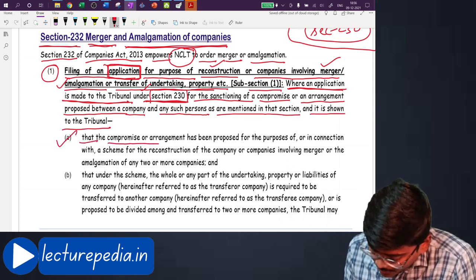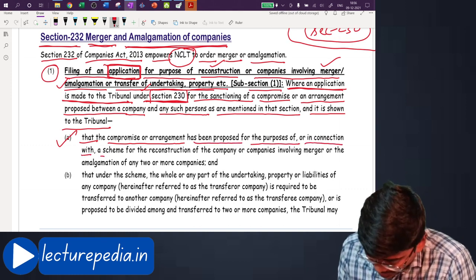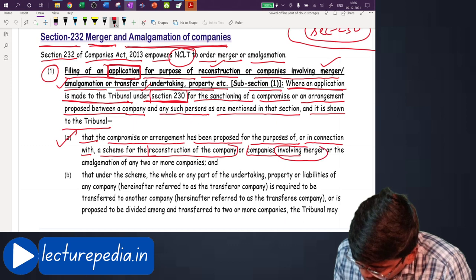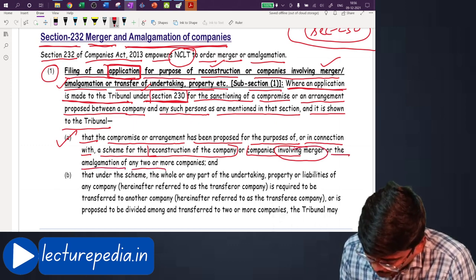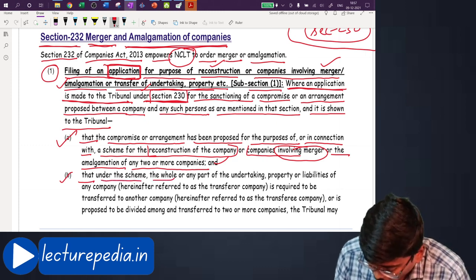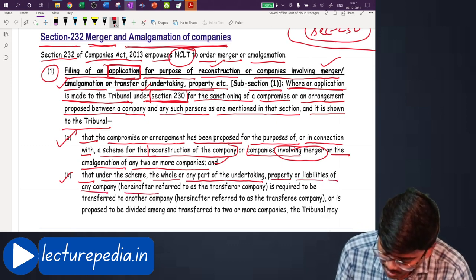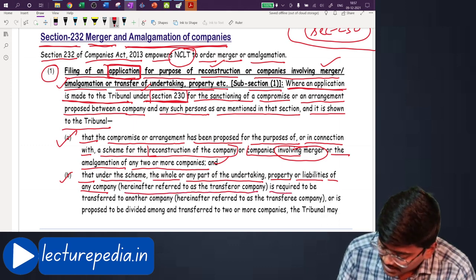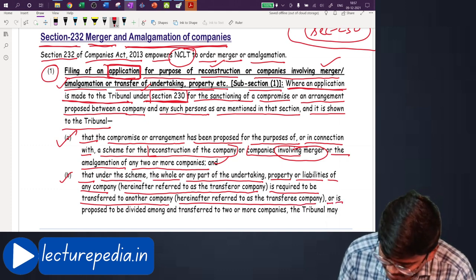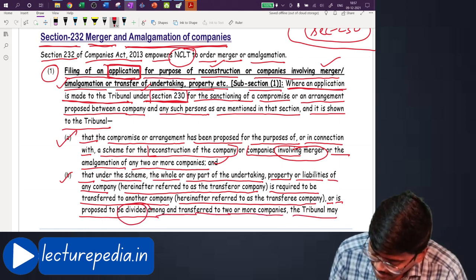that the compromise or arrangement has been proposed for the purpose of, or in connection with, a scheme of reconstruction of a company or companies involving merger or the amalgamation of any two or more companies, and that under the scheme the whole or any part of the undertaking, property or liabilities of any company, hereinafter referred to as the transferor company, is required to be transferred to another company, hereinafter referred to as the transferee company, or is proposed to be divided among and transferred to two or more companies, the tribunal may